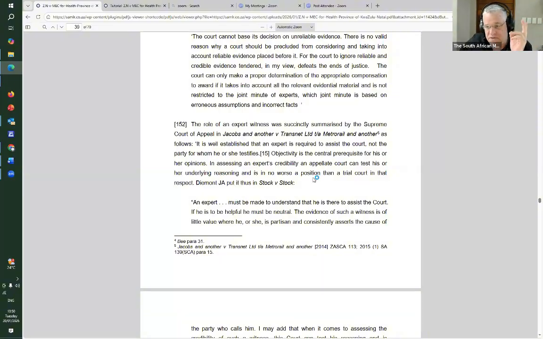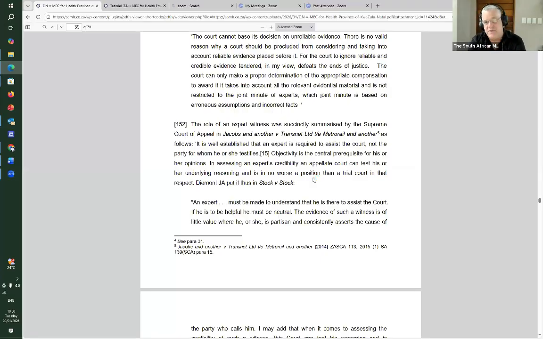But the important point to take note of is that this process of reasoning is what is critical. So that reasoning process has to come through in the report, and it has to come through in everything that the witness does, because that's how the judges assess it. And the point is, insofar as the objectivity of the expert is concerned, you often get